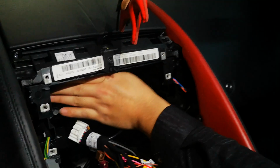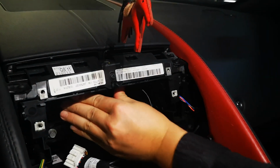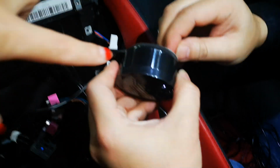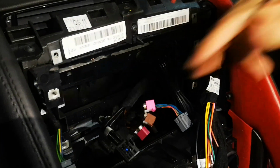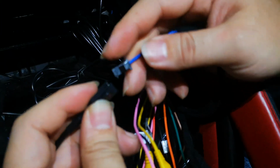Okay, now we have to fix the GPS. This was the 4G antenna. We fixed it inside. Then we fixed the speaker inside. Then we fixed the microphone here, so when you make phone calls, it can be heard clearly. Okay, now